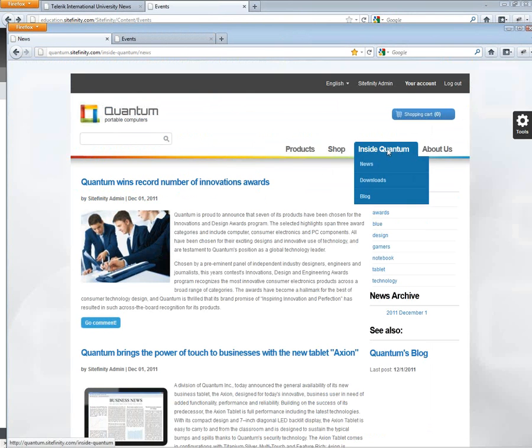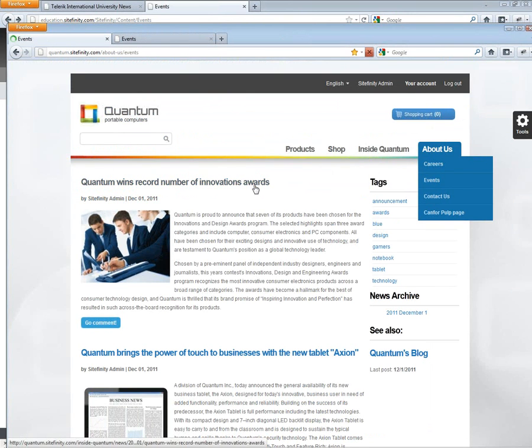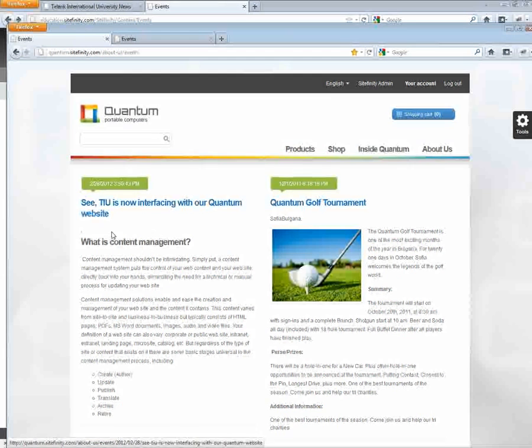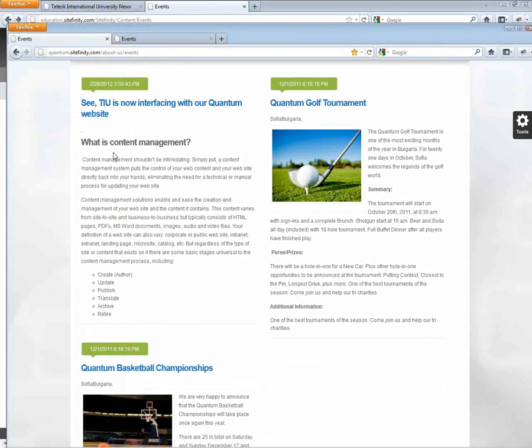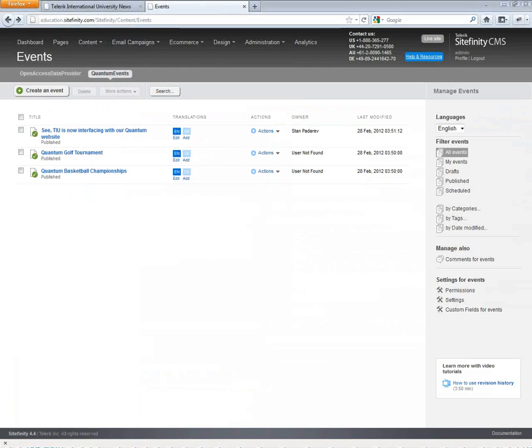So our Quantum website will now display those new events which were created through a totally separate instance of Sitefinity externally. And this is how you can use the power of content providers. You can create those agents and specify where Sitefinity should store